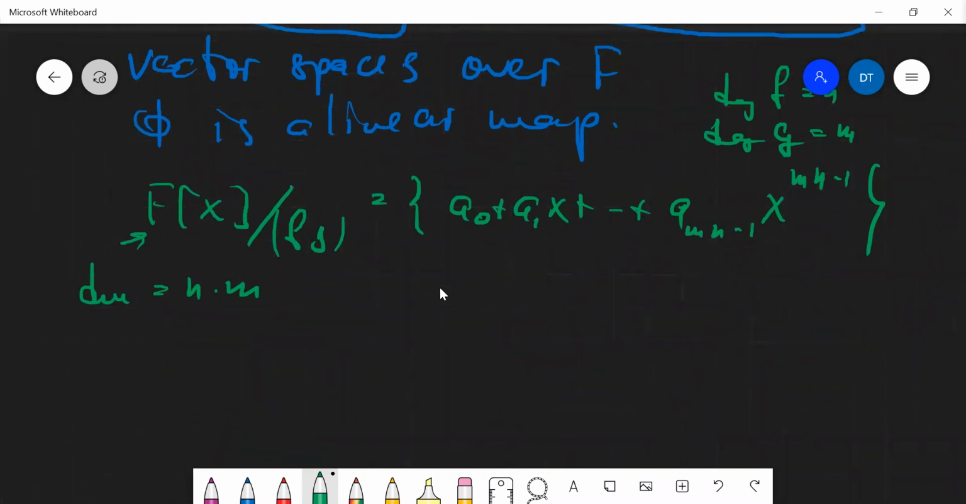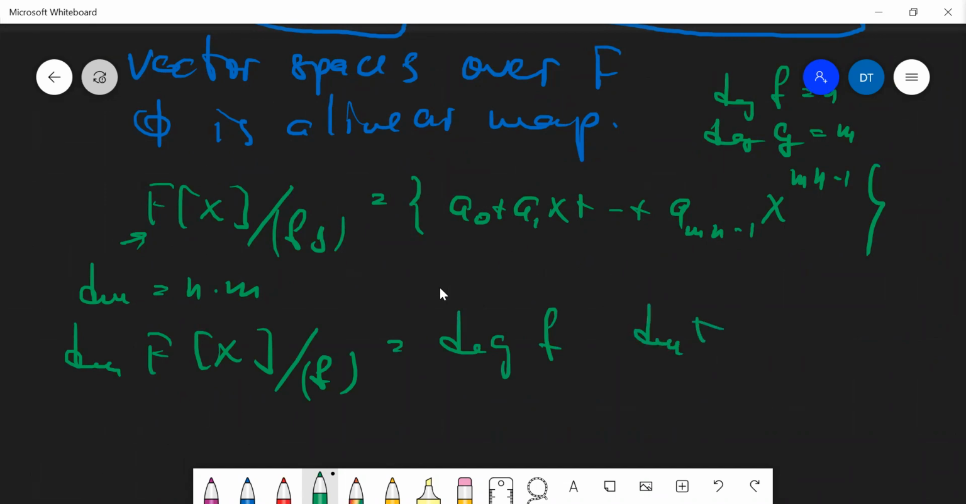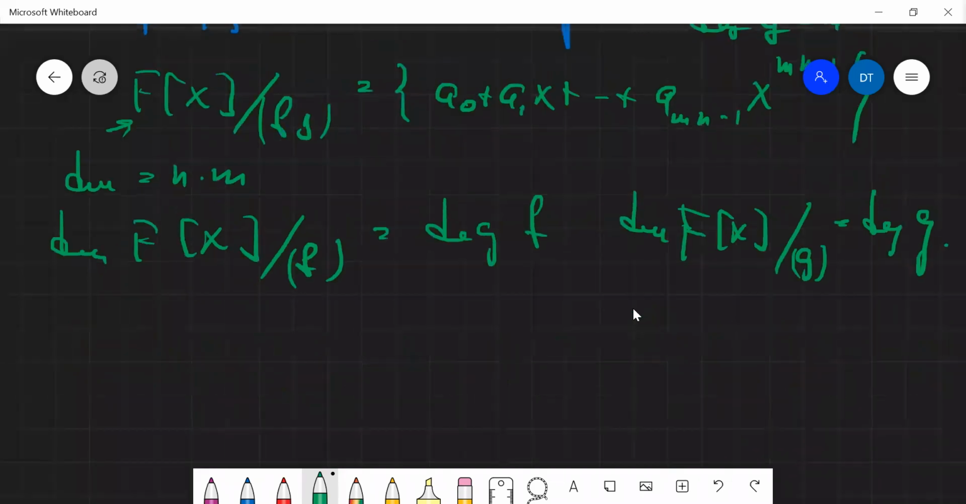Okay, so in a similar way, the dimension of this space is the degree of f, and the dimension of this space is the degree of g. So all these things are finite dimensional vector spaces over F. And when you take a direct product,